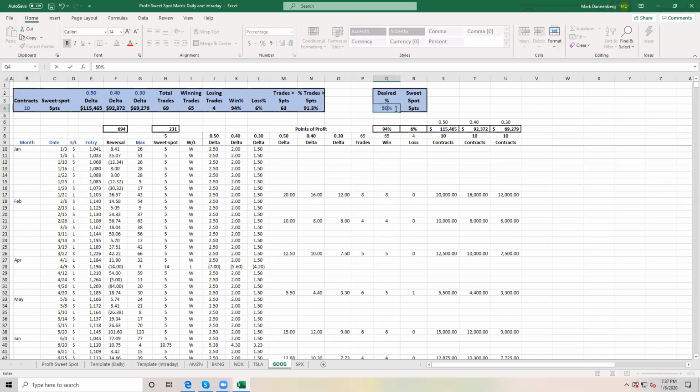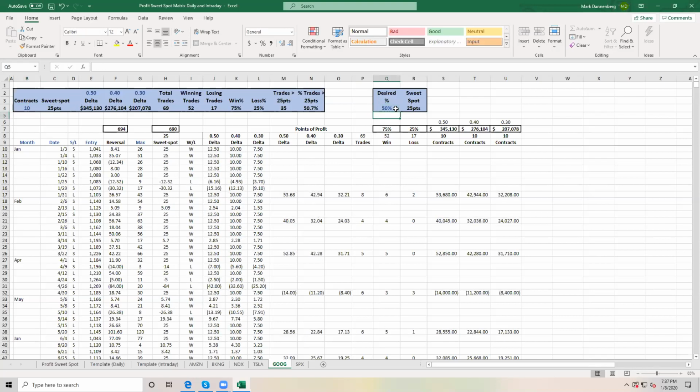Someone else who wants to be ultra aggressive could set this for a 50% win rate, and you're obviously going to have a bigger profit number, but you're going to have a lot of emotional anxiety with the size of some of the losses. So I don't intend to get into the training on this tonight. We're going to be covering this in detail in the masterclass, but we're creating a tool so that you could take these 6 stocks, or 4 stocks and 2 indexes, and you could know, depending on what your own personal level of risk tolerance is, where to set your profit goal.